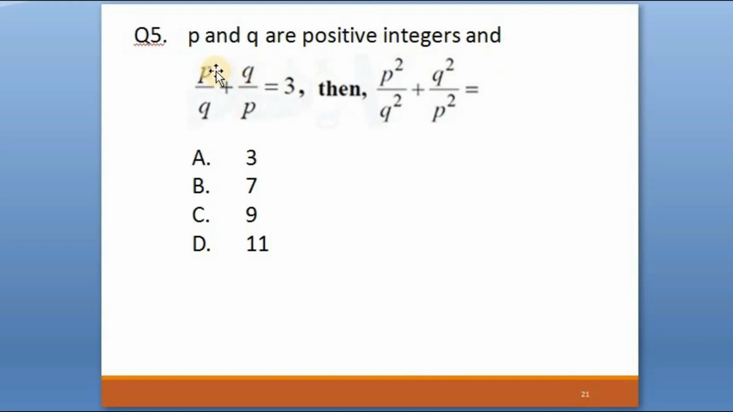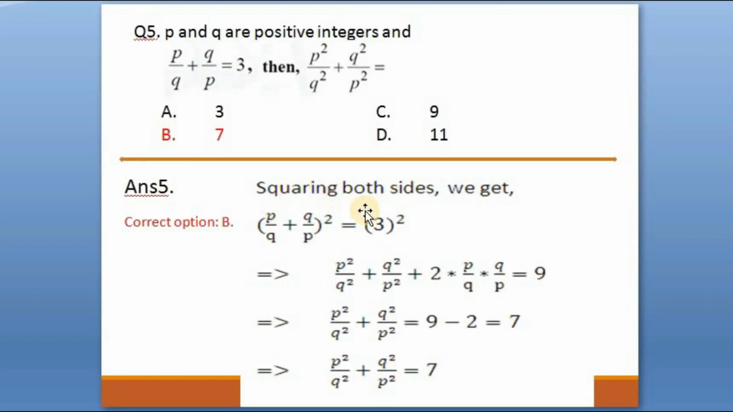Then p square by q square plus q square by p square is equal to how much? Now this we have to find out. Now for this question, let's see the solution. We have to just square the given equation, that is p by q plus q by p is equal to